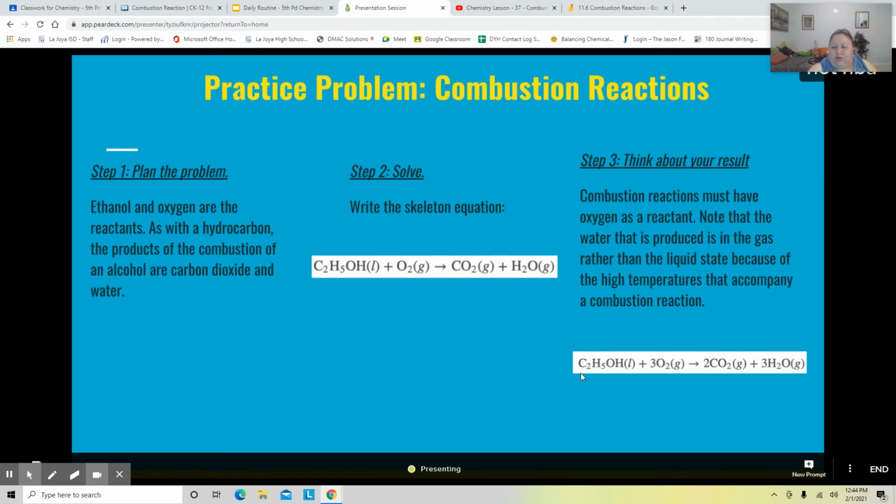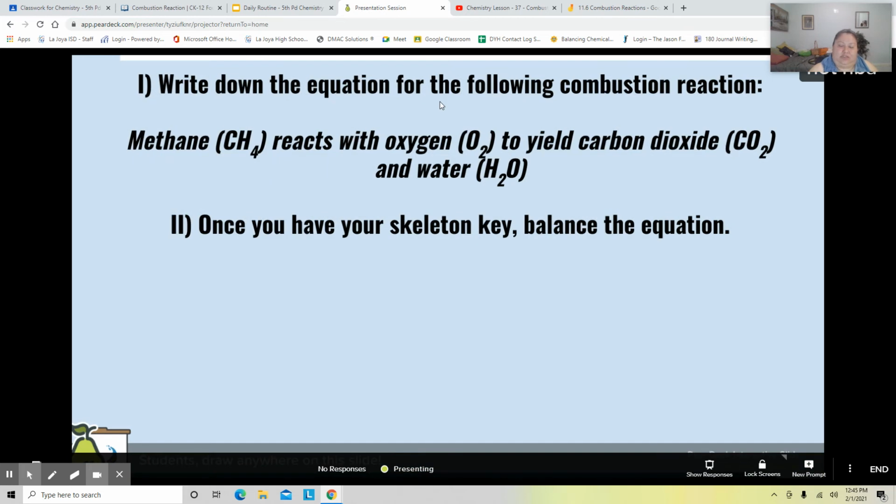Okay? 2 carbons, 2 carbons. Let me see. 6 hydrogens, 6 hydrogens. 1 plus 6 is going to give me the 7 that I have on the other side. All right. Now it's your turn. Those of you on pair deck,